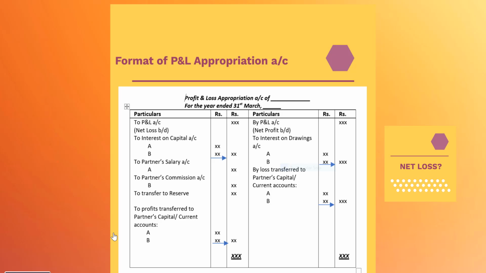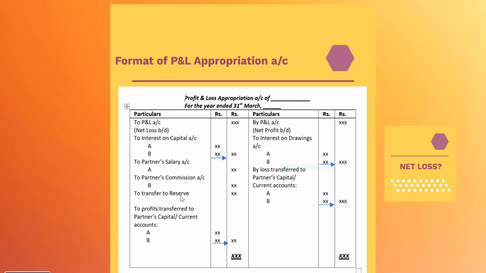I will discuss in a few more seconds the concept of when the net loss has to be brought down from the profit and loss account to the P&L appropriation account. The expenses of the firm are interest on capital, any salary to the partner, or any commission. It is better to have an inner and outer column on either side of this ledger account. Amount for each individual partner can be written in the inner column and the total can be taken to the outer column. So I am debiting the profit and loss appropriation account with expenses such as interest on capital, partner salary, partner's commission.